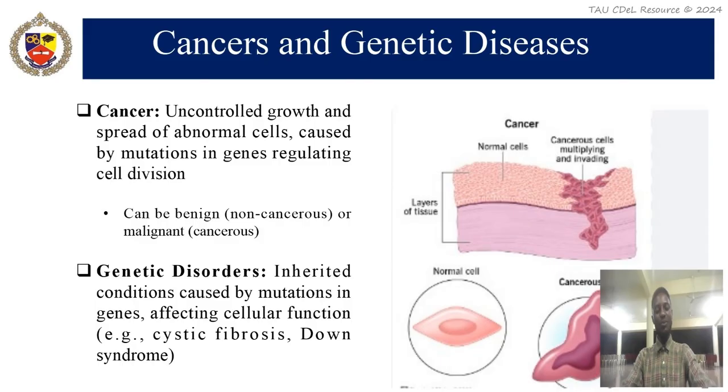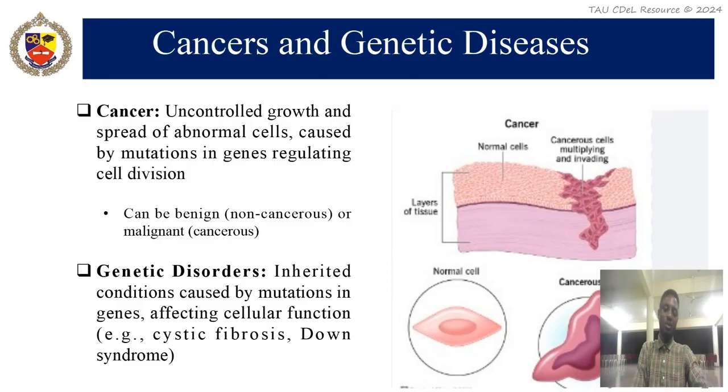I know that you've been hearing about cancer, and today won't be the first day we hear about this. But let me still give us an overview of what cancer is. Cancer is an uncontrolled growth and spread of abnormal cells, that is, those cells that have become abnormal. When they continue to grow uncontrolled, this is essentially caused by mutation in genes regulating